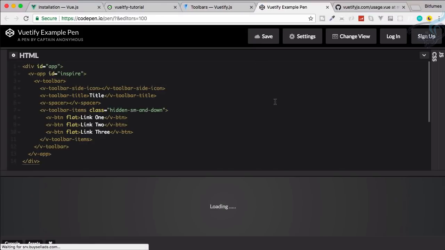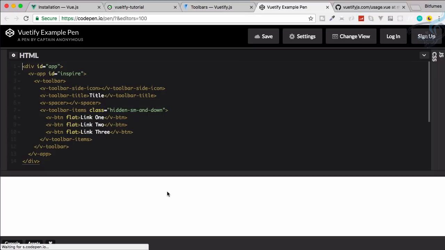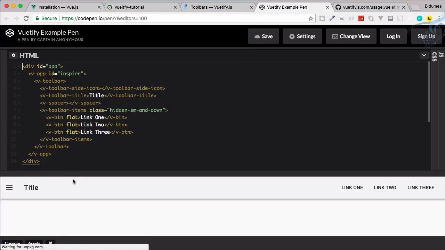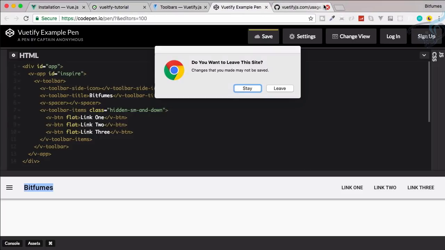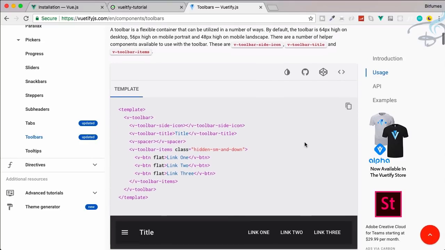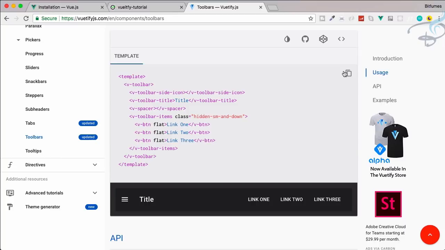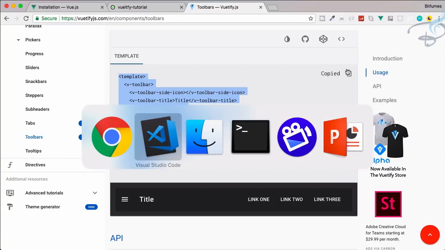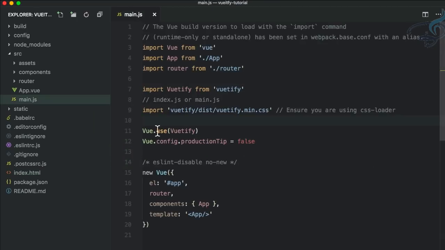So if you click here, it will open on the CodePen, and you can see it's having these things, and you can just play along with all these things. So if I simply say here Bitfumes, and in no time it will refresh here, and you can see it's Bitfumes. And then finally let's close these things. You have this view source. So whatever we have, let's see the source. So what we can do, we can just copy this toolbar from here, go to VS Code, and on our